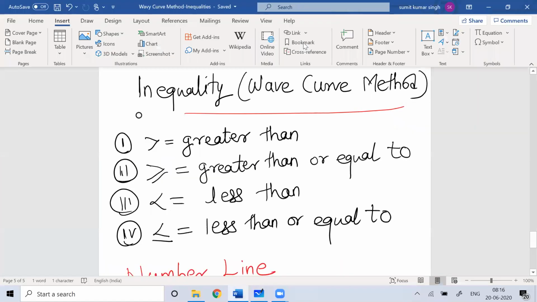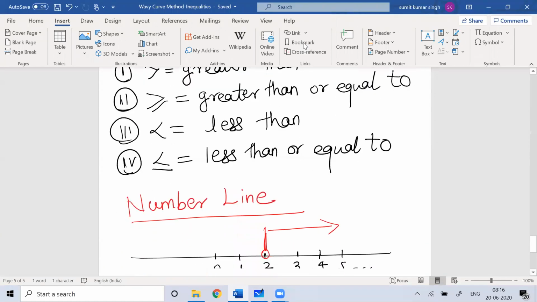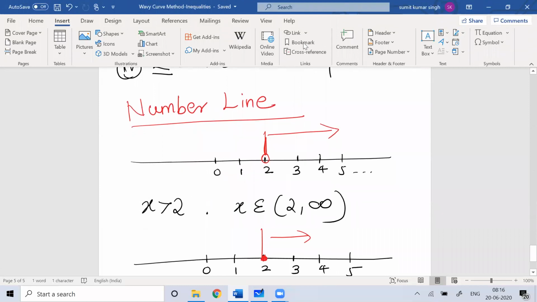So basically in inequalities, when we talk about the relationship, it can be greater than, greater than or equal to, less than, or less than or equal to. We normally represent the relationship in the form of a number line, and when the values are not inclusive, we represent that with the open bracket or small bracket. That would be the language with which we can speak mathematics.